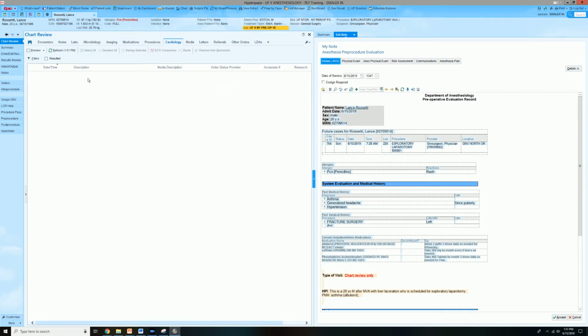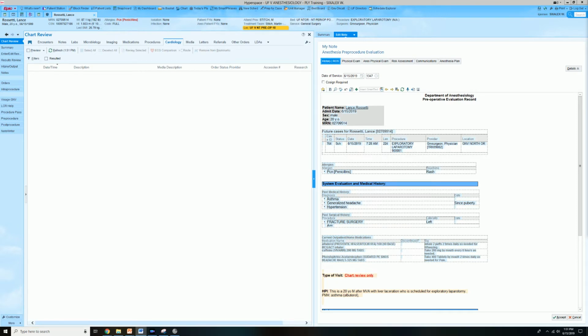This cardiology tab is great for going over echoes, any cardiology result over time. So if it's a recent cardiology result, like an echo that was done today, I would use a results review. If it's something from 6 months ago, I think it's easier to find under this cardiology tab. Okay. So this is an excellent place to start for just finding basic information on results and notes for the